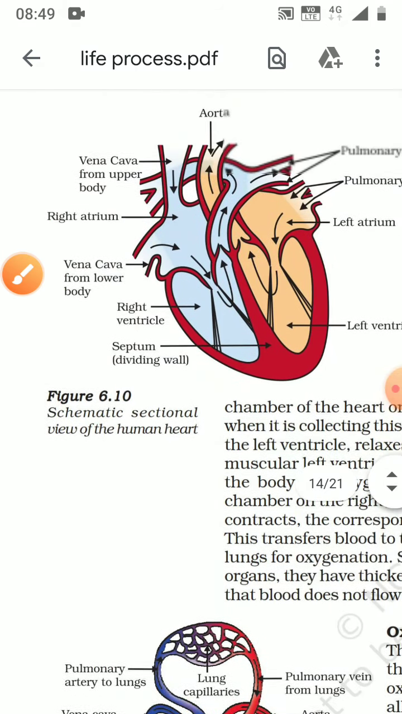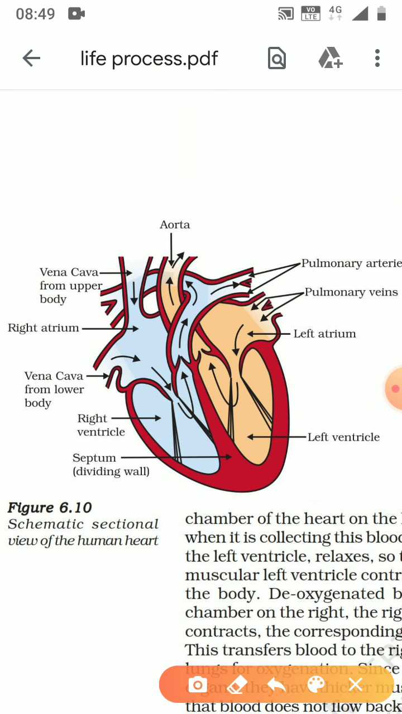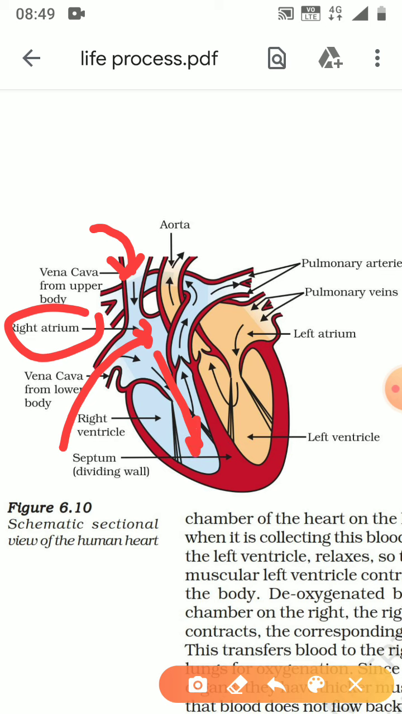And now see, let's again come back to the structure of the heart. See, the vena cava collects blood from the lower part of the body, and this collects from the upper part of the body, and it comes to the right atrium, to the right ventricle, and then this is the pulmonary artery, this goes to the lungs,